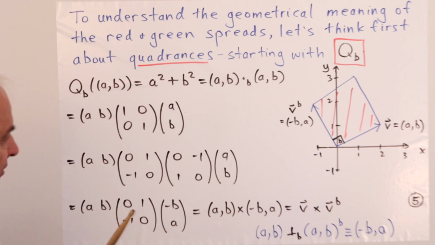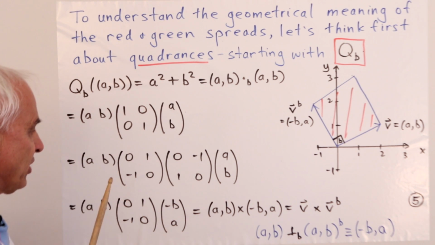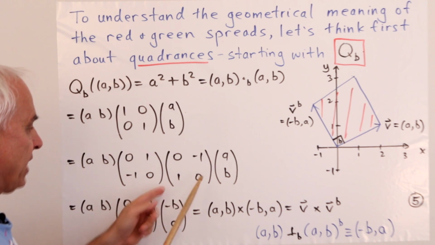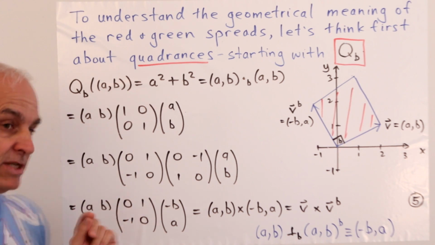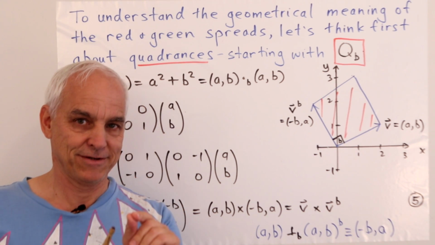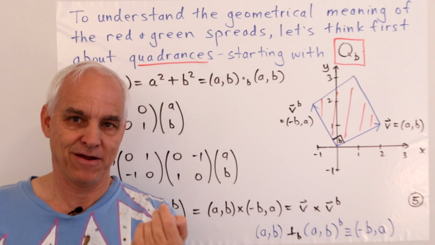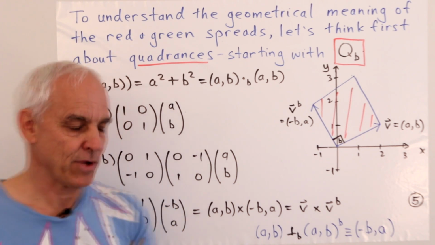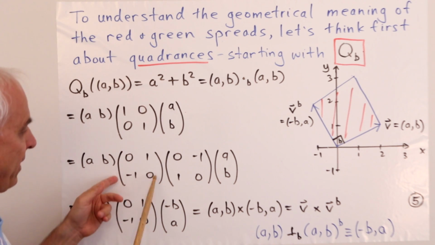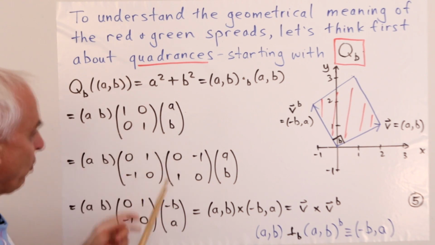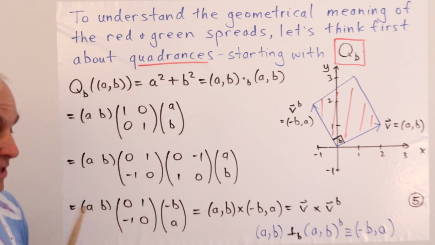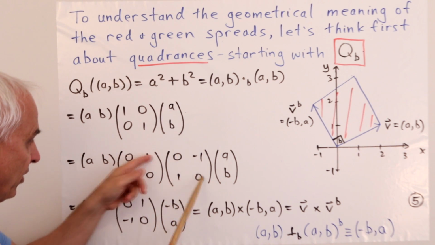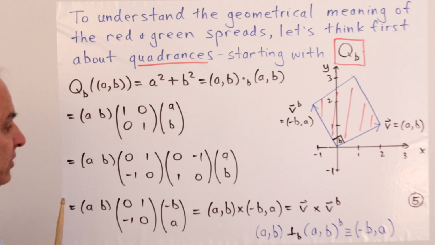Now, a little bit of skullduggery shows that we can rewrite this identity matrix by sticking in this particular matrix and its inverse. Actually, this is not just any random old matrix. This is the matrix that represents our cross product, that skew-symmetric bilinear form. So we're going to put that in there purposely, and then we're just going to put whatever is required here to make this work. And since this is the identity, we have to put the inverse matrix, which is just its negative in this case. So if you multiply these two matrices, you will get the identity matrix.